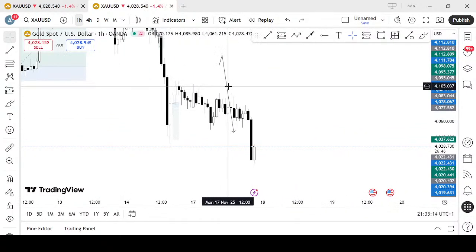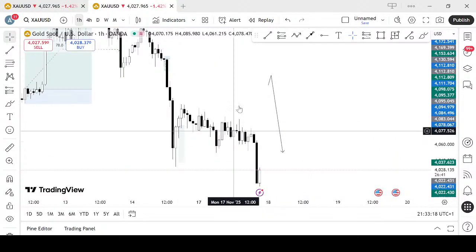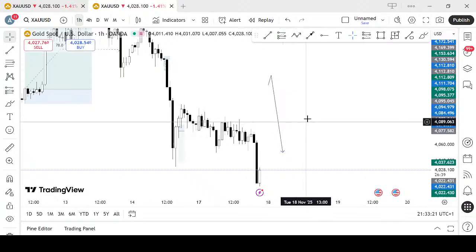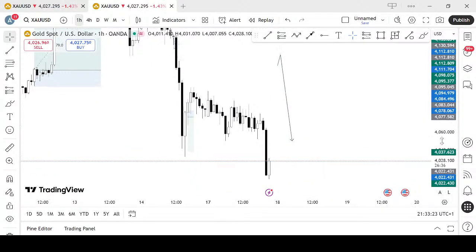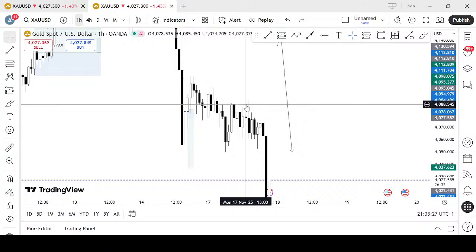In form of the entry, this was the only valid one today, though I was not monitoring it because my plan was for it to come up here. I want to see some mitigation again before the downward fall. And in form of the entry on the 1 hour, this is one right here, and it got taken out here. So it happens to be a loss.